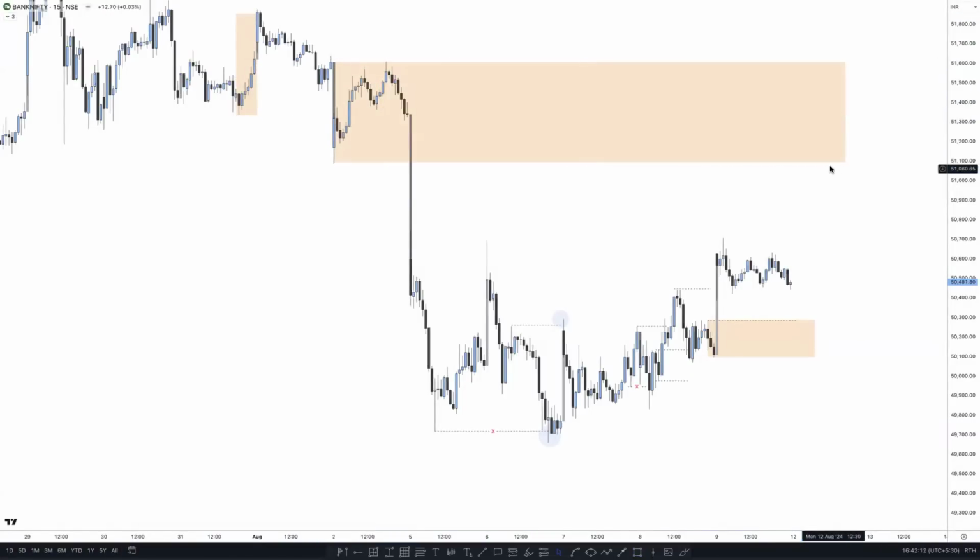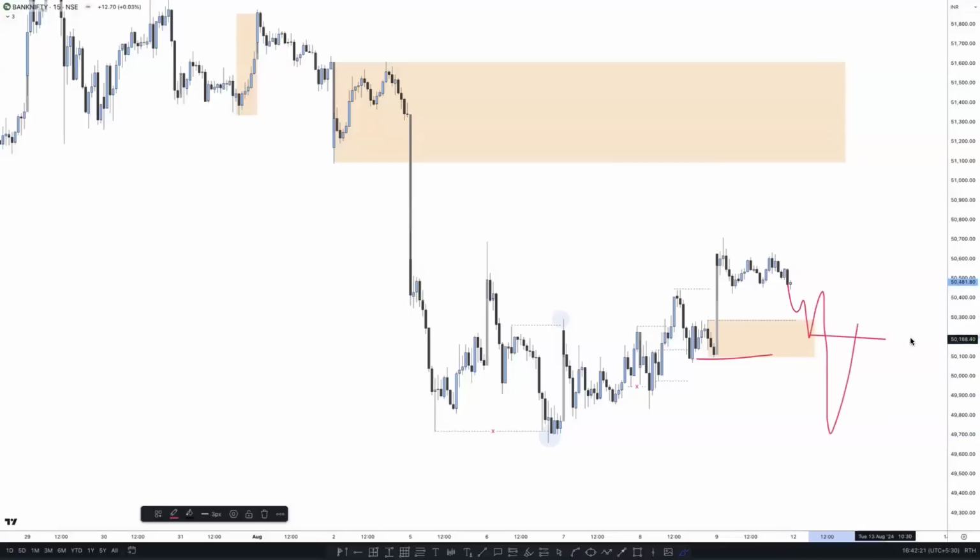So if price taps on it, we are interested in the sell. And also if price breaks this low right here and pushes downside like this, mitigation, we are interested in the sell. This is called a flip order block right here. Once price taps on it, we are interested in the sell on the downside. But still, there is no clear confirmation before the buy or sell. We can't say what is happening in Bank Nifty as per the 15-minute time frame, maybe bullish and bearish.